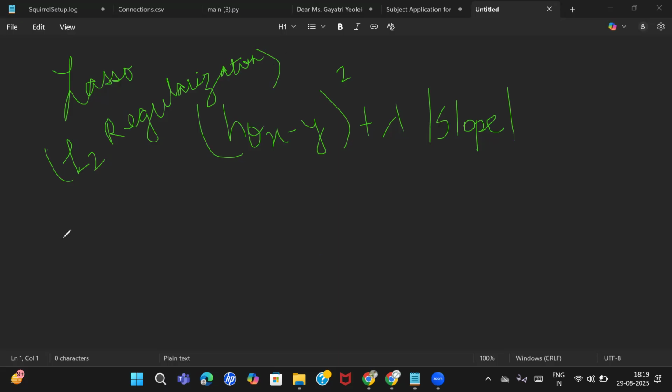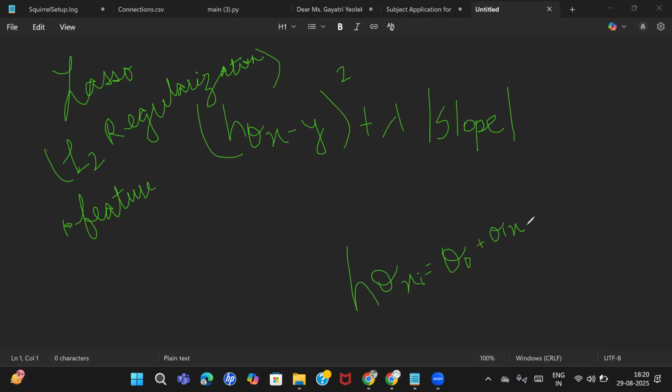And lasso also helps you in feature selection. So let me explain how it helps in feature selection. Okay. In linear regression, multilinear regression, what were the predicted points? What was this h theta of xi? What are these points? These points are nothing but theta naught plus